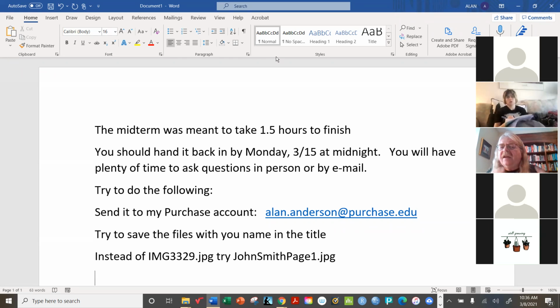So if you can't read what you've done with your picture, I'm not going to be able to read it either. So just try to make sure that the quality is good when you send it back. I find that this is especially important with pencil. If you're writing with pencil, try to make it as dark as you can, because there's something about pencil that it doesn't always photograph well. I don't know what the issue is.